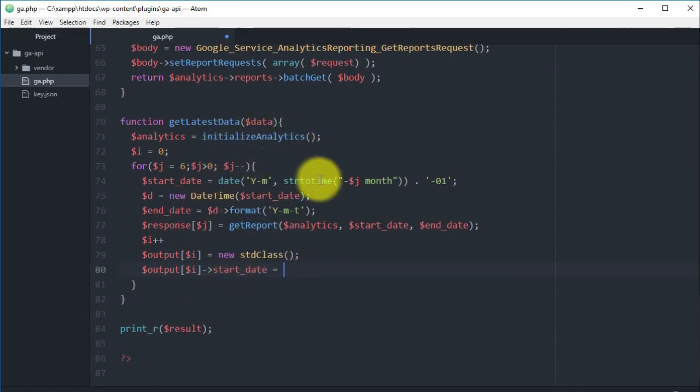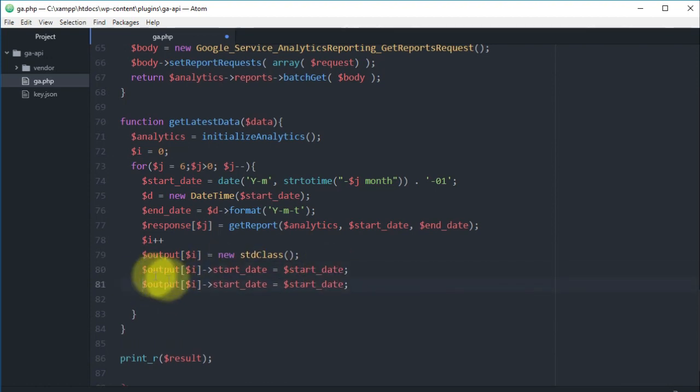We get the data from Google Analytics, and we assign it to another array. And then having another array, we assign all this data for each month here, and then we will be using this array to create our WordPress REST API. So we have here start date, which is equal to the start date variable,